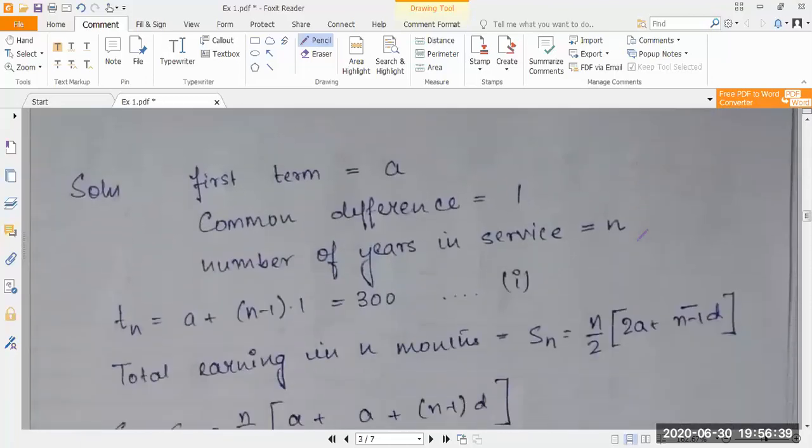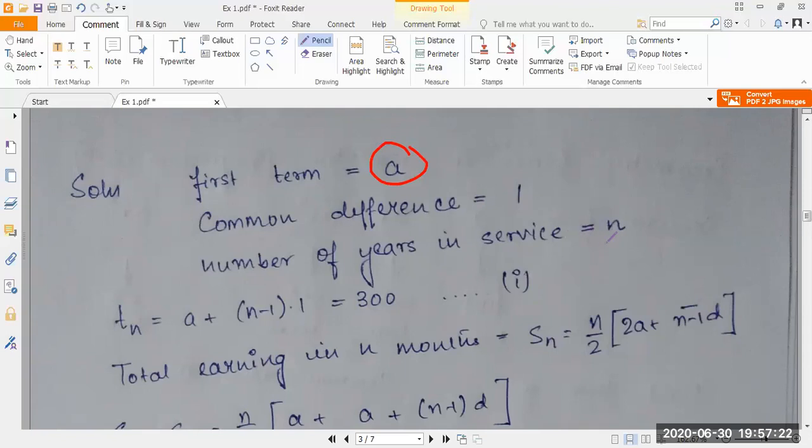So we first set up the entire sum. If you read the sum once, you will realize that they haven't given the beginning salary of the person. So we don't exactly have the first term of the arithmetic progression. So we take some value of a to be the first term of our assumed arithmetic progression. And as the sum says, every month the salary of the person increases by 1 rupee in each subsequent month. So basically, if a is the salary received by the person in the first month, then a plus 1 will be the salary received in the second month, and so on. That is, the common difference is 1.